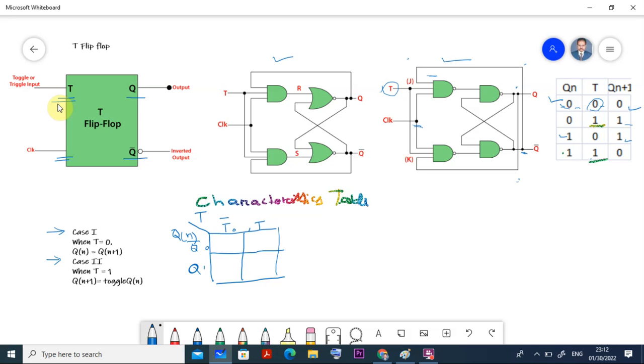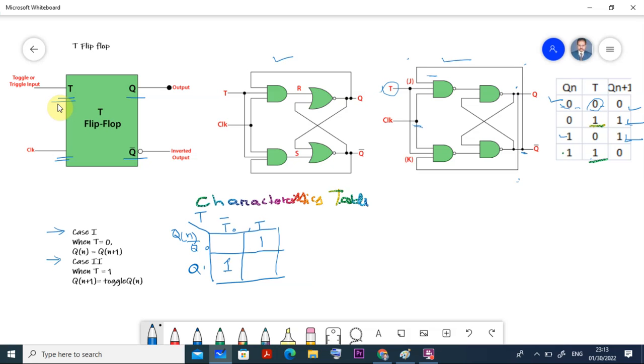So in this case, when T is equal to 0, right, what are the values? Are you following me? So here when Q is equal to 0, T is equal to 1. When Q is equal to 0, Qn+1. You can clearly see from this table, where are the 1 cases? This is the case of 1, this is the case of 1. That means at 0, 1 it is equal to 1. Another case is 1, 0, value is equal to 1. This is 1 and this value is also equal to 1.